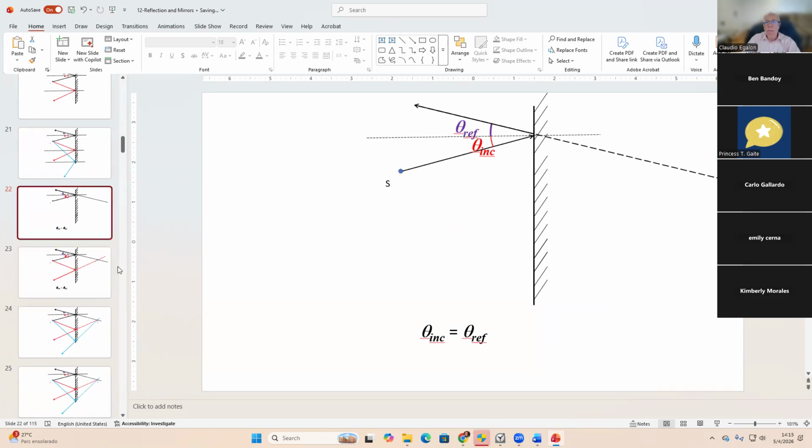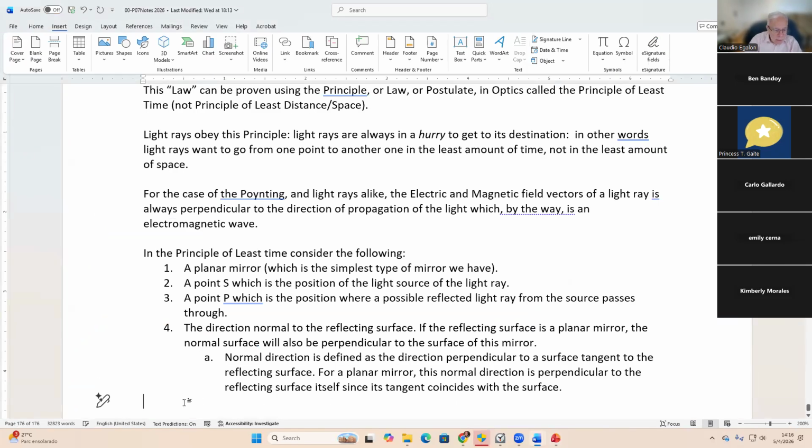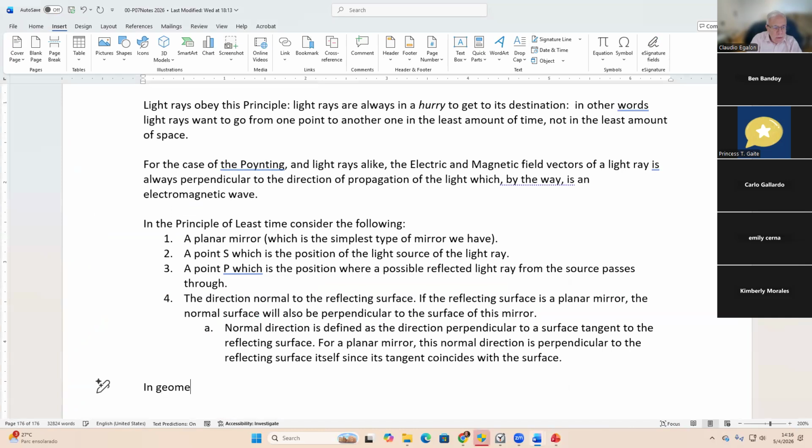Okay, and now here you go. In geometrical optics, we usually want to draw not just the position of the source, but also the position of the image that's formed behind the mirror. And there is a specific geometric technique that we use to do that, and it works very well. Okay? So let's write that down here. In geometrical optics, we usually want